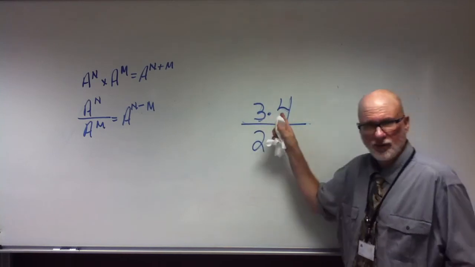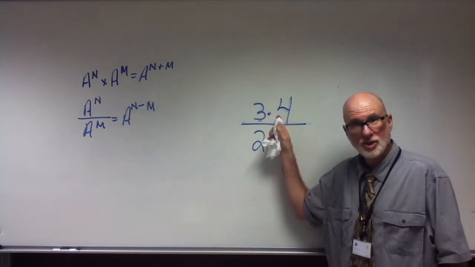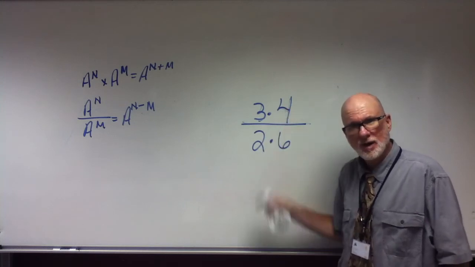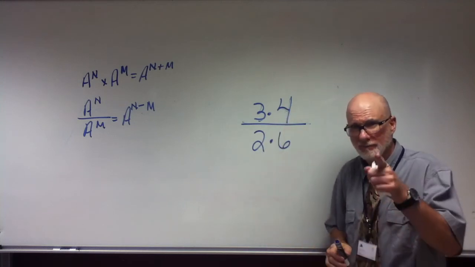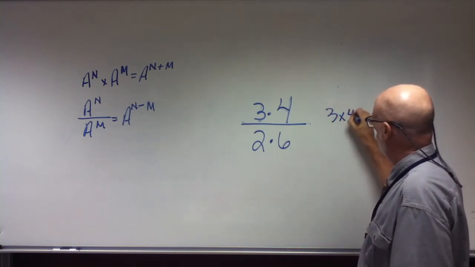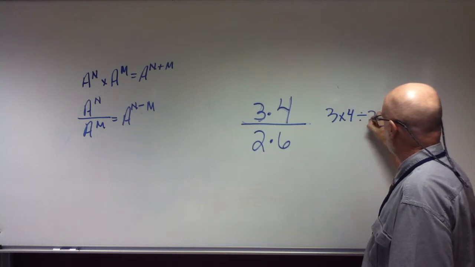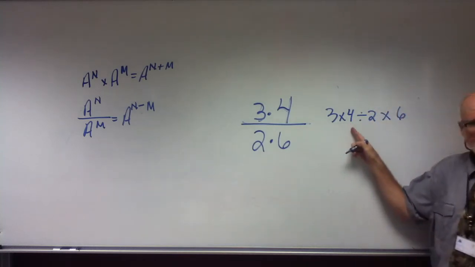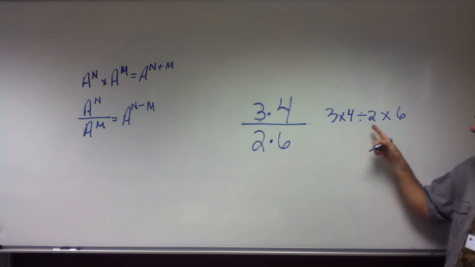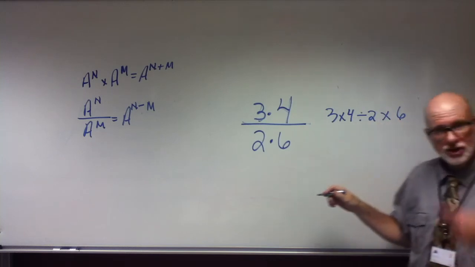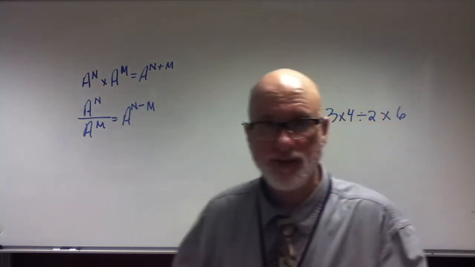What's 3 times 4? 12. What's 2 times 6? 12. What's 12 over 12? 1. So in other words, what you did was this. You said 3 times 4 divided by 2 times 6. So you said 3 times 4 is 12, divided by 2 is 6, and times 6 is 36, right? So what you should have done, and this is where parentheses come in,